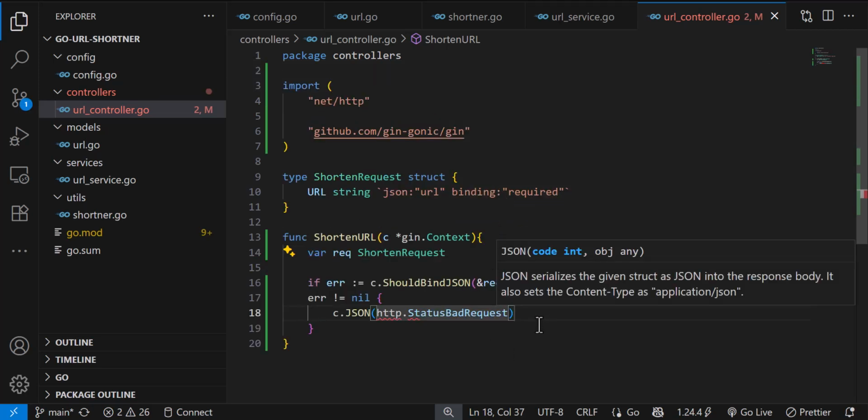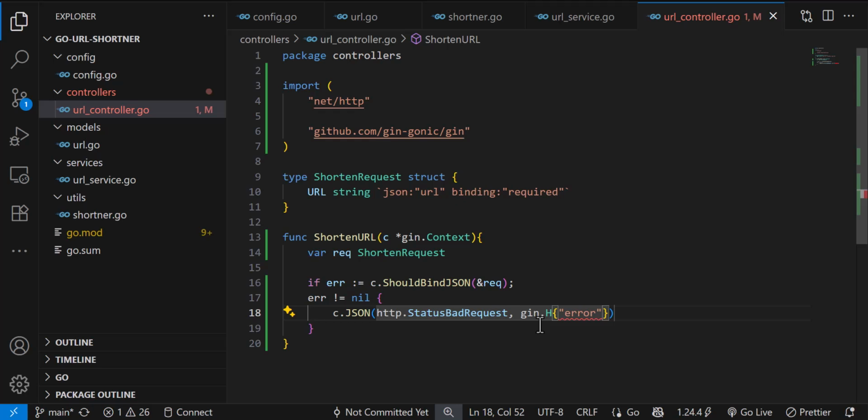Then we will use gin to display a message saying it was an error, and that should be a string, "error", and that is a map actually. Good. So an error, that's the key, the value should be